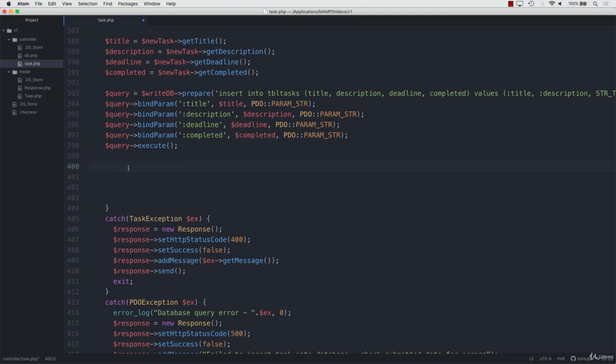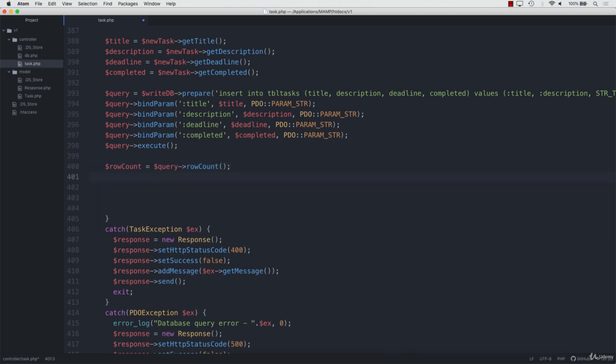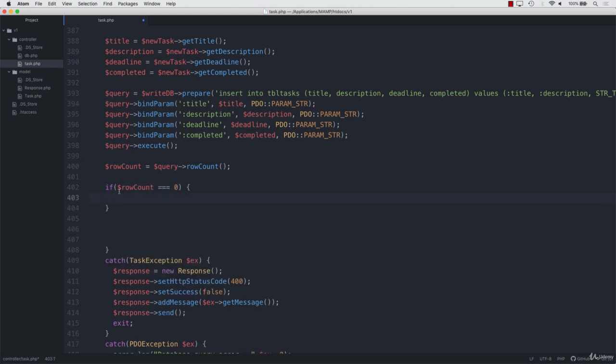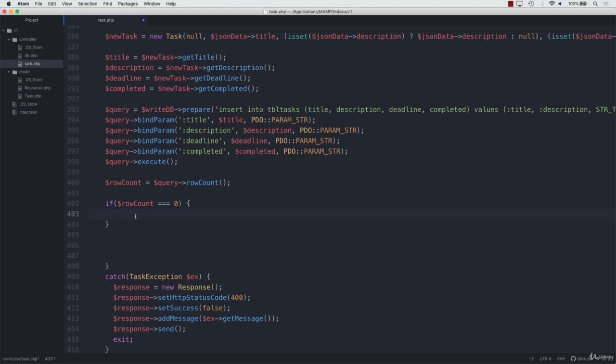So we need to perform a check to make sure that it's not 0, and if it is 0, then throw our standard error response. So row count equals query row count, and then we do a check on that. So if row count is equal to 0, which means that it has failed, we need to set our